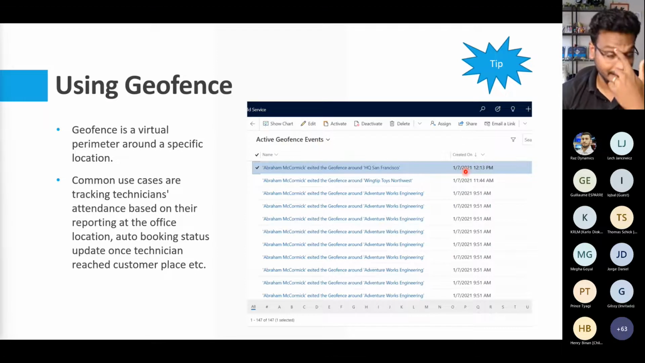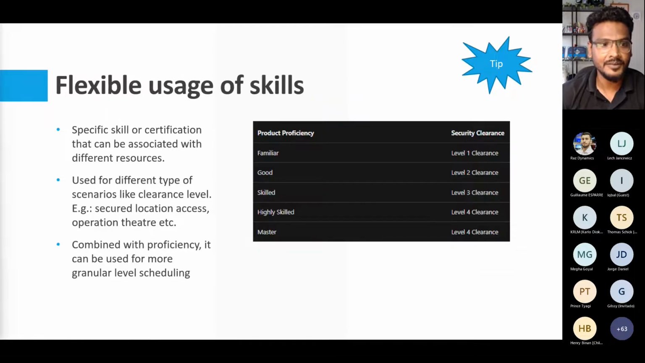Please make note of it, right? And there are a few tips like this, basically. And then, yeah, this is another one. This is quite a common one, actually: using skills. So in field service, basically,